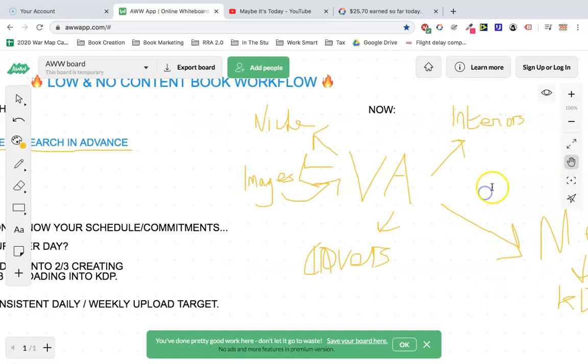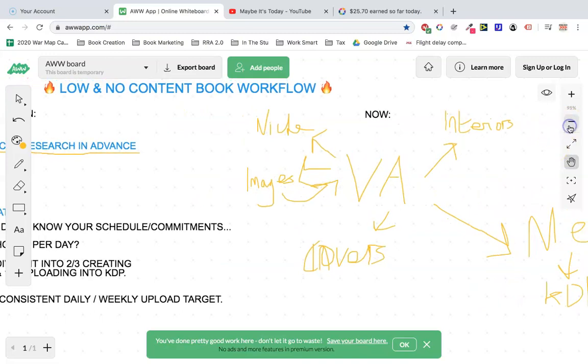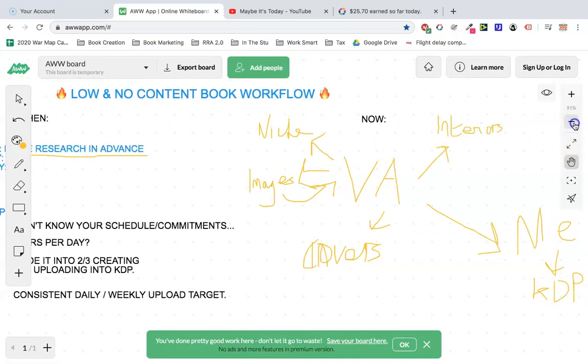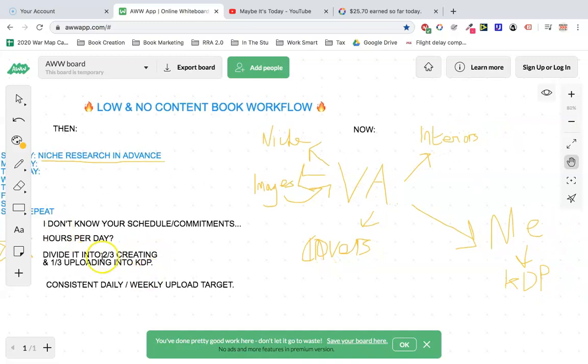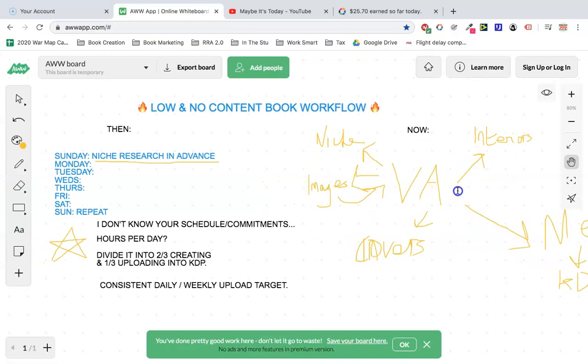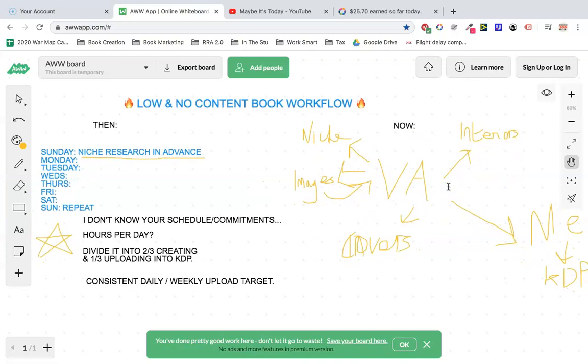So that's pretty much it for this video, just going through what I used to do then, what you'll probably need to do in order to get your workflow right. Just kind of separate it up into 2/3, creating the interiors and the covers, and then just give yourself the other 1/3 of those hours per day to upload them into KDP, because that can take quite a while. But if you're making low and no content books, then Tangent templates can really help you to upload these books a lot faster. So really the best thing that you can do is just do the niche research in advance